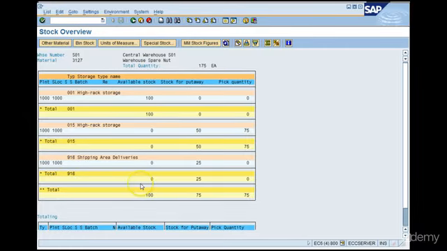Once we confirm the transfer order that I just created, this stock would come here in 916. And once it is in 916, you can PGI the delivery so that it goes out of the warehouse. So let us confirm the transfer order